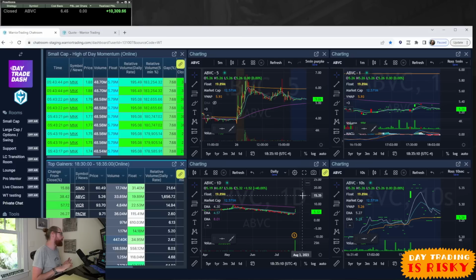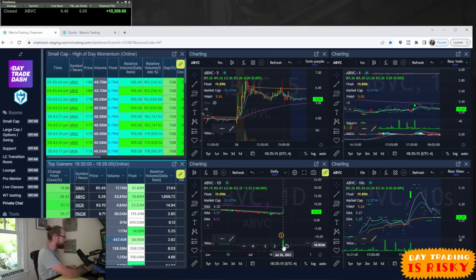The relative volume is almost always going to be high. You can see this green candle on the daily chart. This had today over 20 million shares of volume. Let's see, it's 33 million shares of volume today. And yesterday it had 151,000 shares. So the relative volume ratio on this is